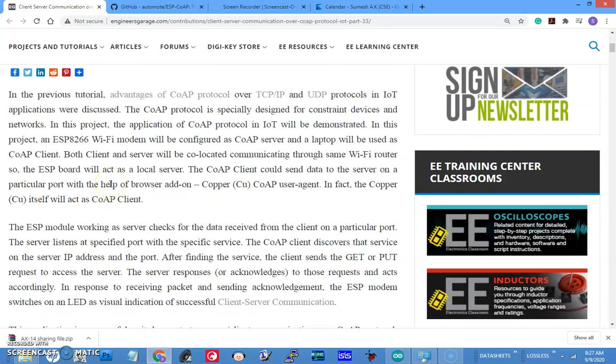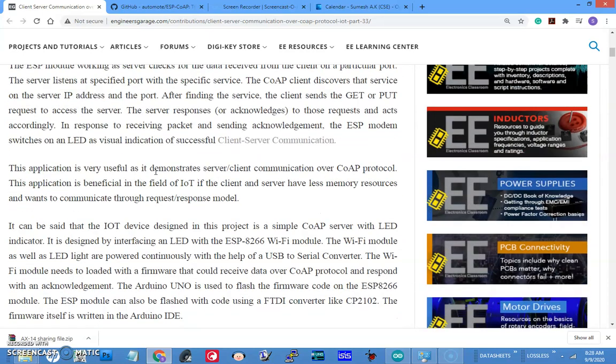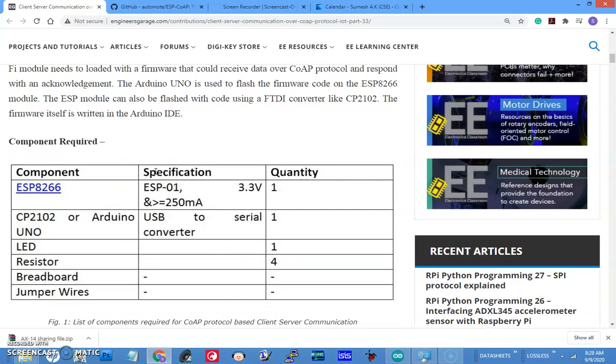There are various COAP libraries and implementations done by many organizations, and I will share the link to another such implementation also, because this is an open protocol defined in an RFC. I don't remember the RFC number. Anybody can go ahead and implement the interface to this.